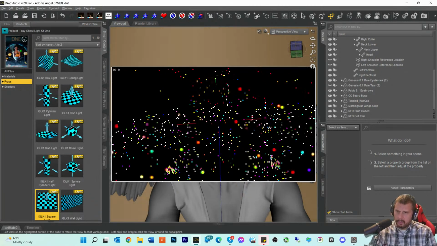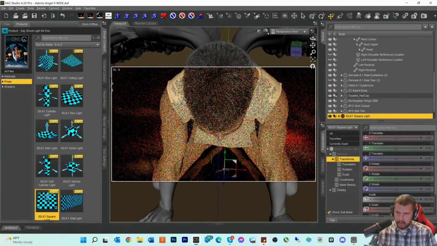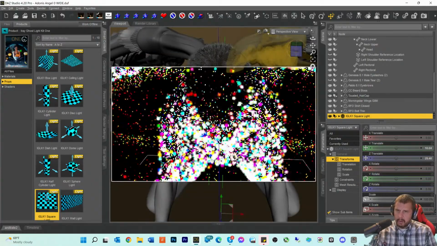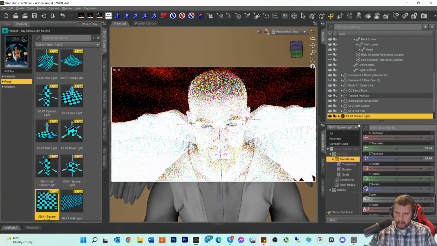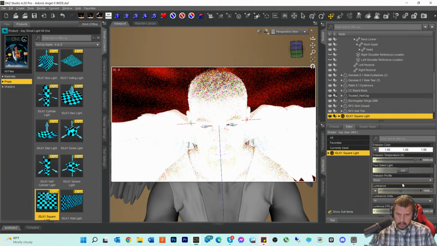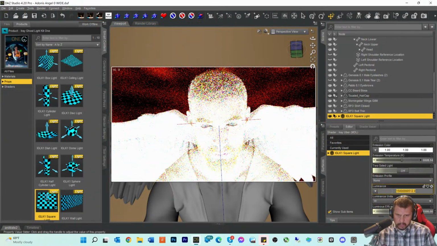This doesn't appear to be working either, but let's see. Bring this up, over. Whoa. Now, if that doesn't light his eyes. Okay, this ghost light is kind of strong. Ghost light, temperature is like the luminance. Bring this down to